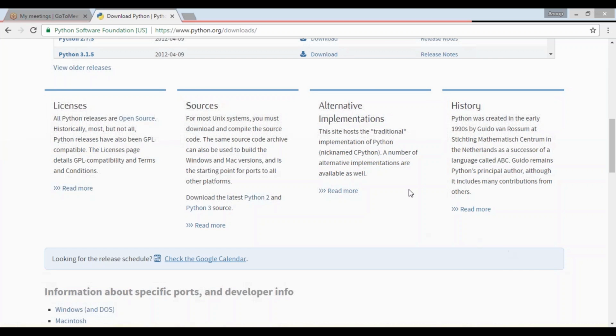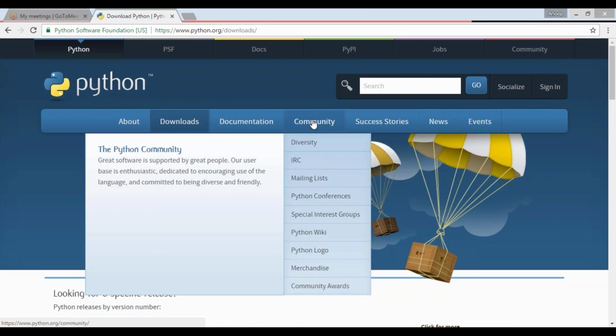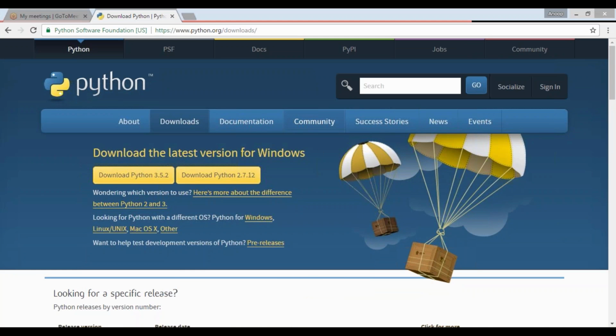And if you want to read something about you, all the information would be available here. There is a community in order to discuss Python, and there are many other things available on this website. You can have a look. So if you are on another level like 2.6 or 2.5, and if you want to upgrade,